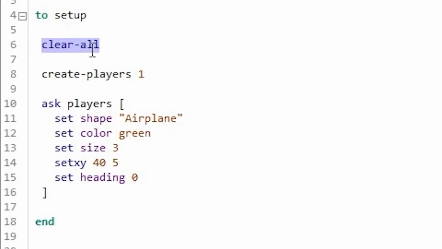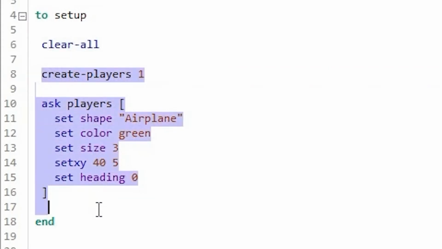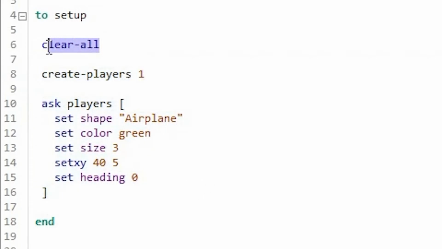But when you have this clear all, it's beginning with a very clear state of the game. It will clear everything and then it will recreate all the players and other turtles as we like. So it's very important to have a clear all statement here. And let's see what happens now when we press the play button.